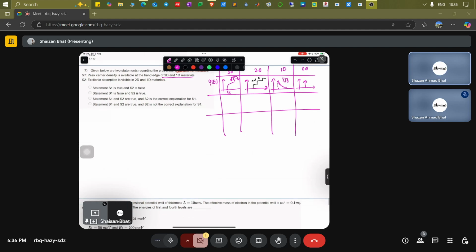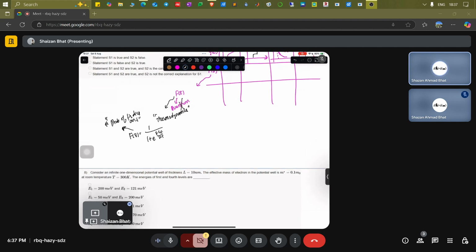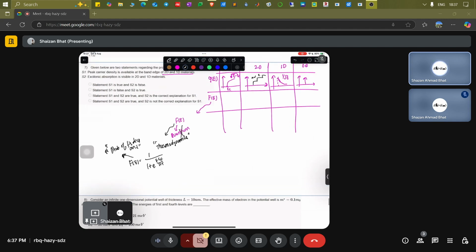Now, you also have the Fermi distribution. You know this Fermi distribution is not a quantum mechanical entity per se. It basically comes from thermodynamics. It's 1 over 1 plus e to the power (E minus EF, for some reference level) divided by kT. That is the Fermi function, and it just tells you the probability of finding an electron. When you see the derivation of it, it comes purely from thermodynamic aspects, not quantum mechanical aspects. That's why you see the Fermi function.